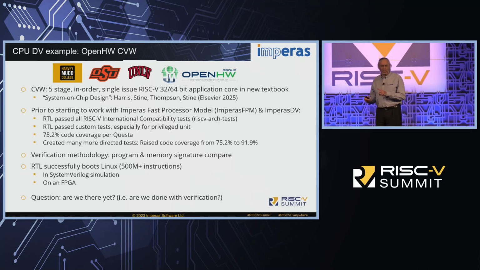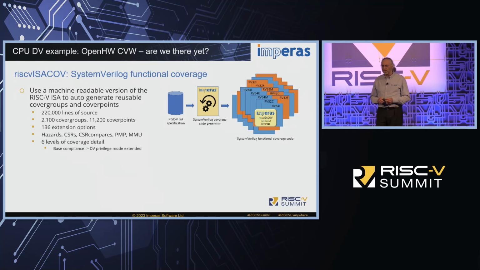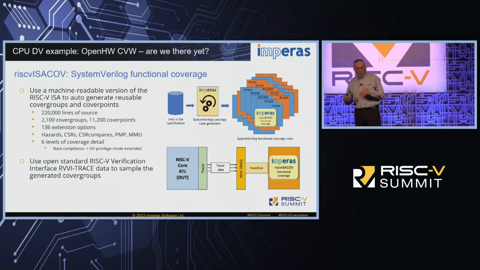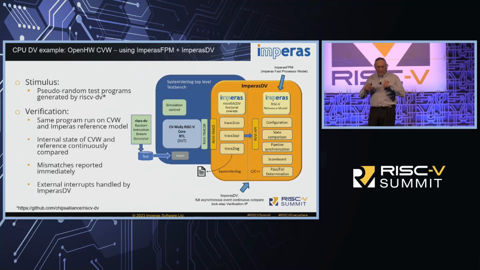But is it finished? Is it done? Is it verified? And one of the things we're doing to address that is we're building SystemVerilog functional coverage. Now, there's 1,000-odd instructions in RISC-V. Each one's going to need 40 or 50 lines of Verilog to do coverage analysis on it. So we've automated the whole thing, which is up to about 200,000 lines of Verilog that comes with our technology now. And it actually works in the DV side of things. So it's actually looking for functional coverage on hazards. It's telling you whether your tests have stimulated that. And it works off a standard interface from the RTL. And it measures how much verification has been done.